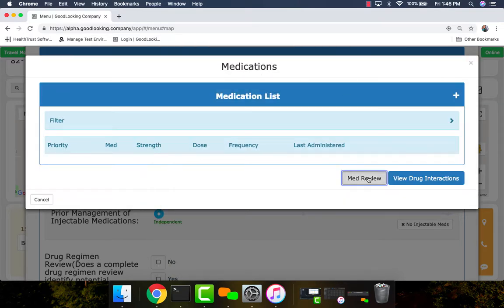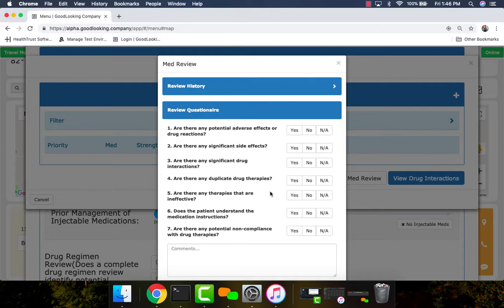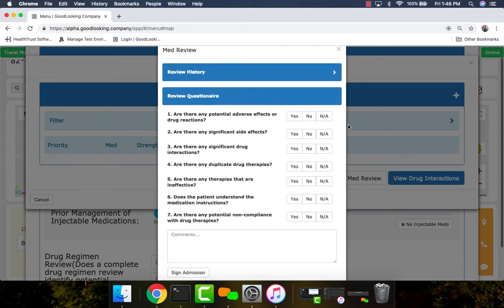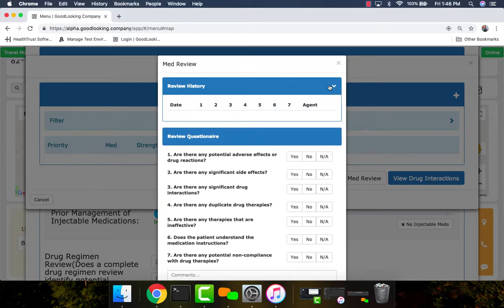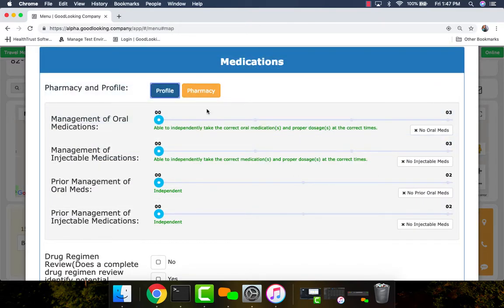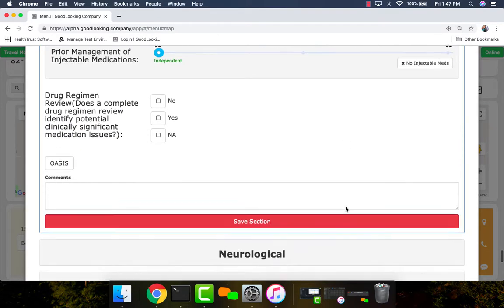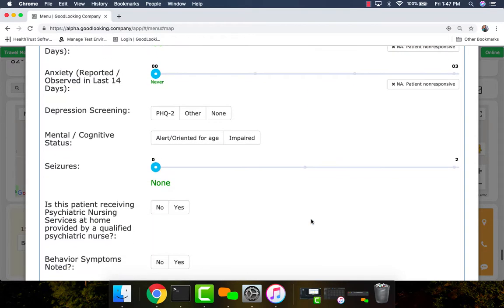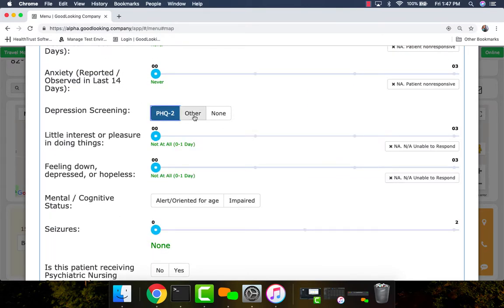And then you also have the capability of doing a medication review to say if there are any drug interactions or contraindications, with an ability to sign off on that and to keep a review history. All of that's handled directly by the software. Of course, you can also set the pharmacy for the patient, track their drug regimen, neurological conditions with depression screening,